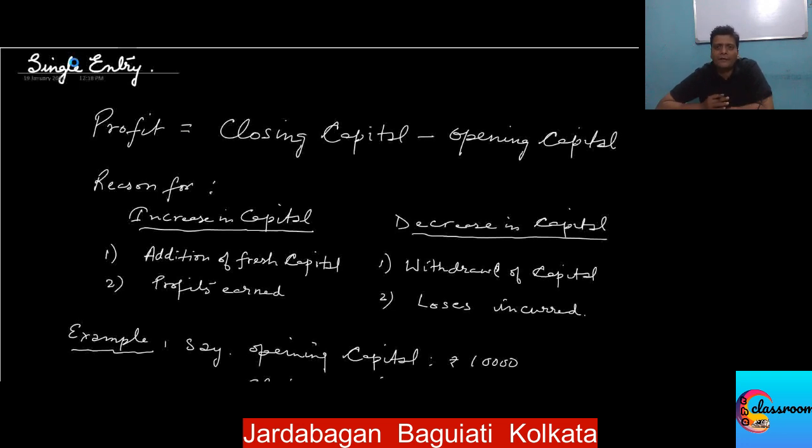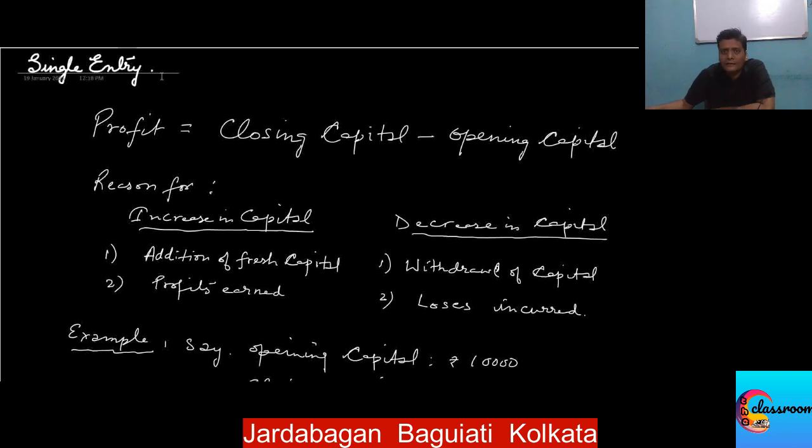Okay, so if the capital figure is not given to us, rather a balance sheet is given to us, then we need to subtract the liabilities from the assets. We will be given the balance sheet for 2 periods, and we can calculate the capital by subtracting the liabilities from the assets of the 2 periods. The opening period will give the opening capital, and the closing period balance will give the closing capital. Subtracting opening from the closing capital, we get profit.